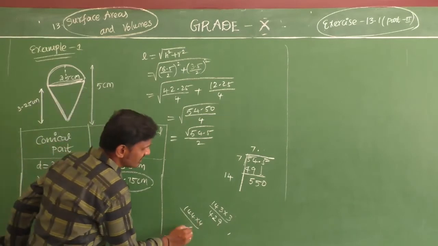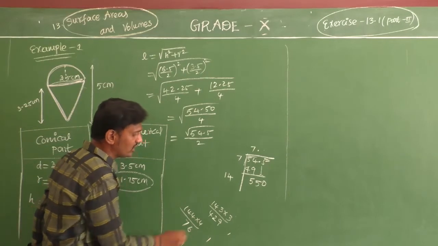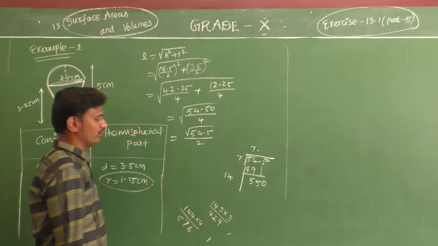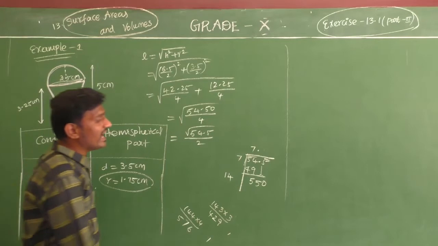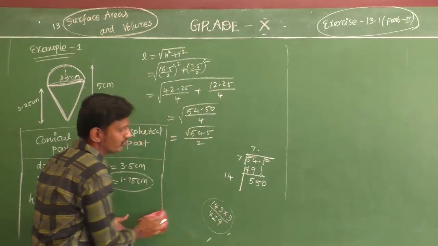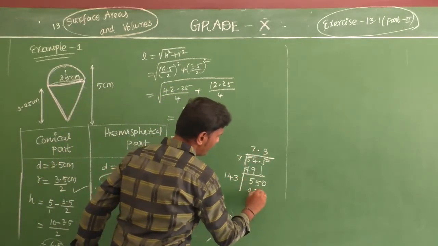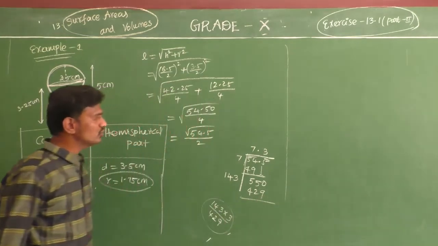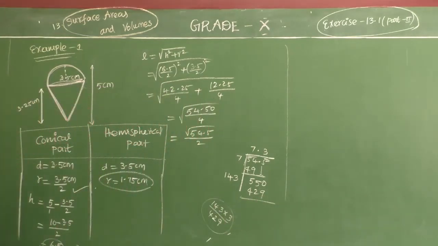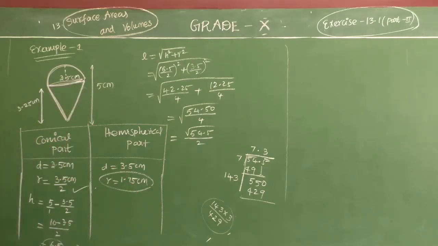4 4s are 16, remainder 1. 4 4s are 16 plus 1, 17, remainder 1. So 1 4 is 4. So 576. But you have the number 551. So 3 times is enough for you. Yes, student. So 3 you get, 429. So student, this is enough to find one decimal place only. Yes, if you want more numbers, take the other decimals also. Otherwise leave it, students. Okay.